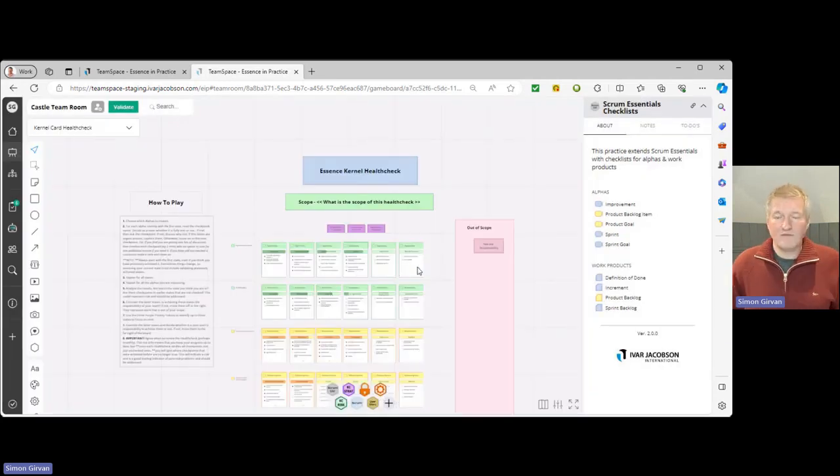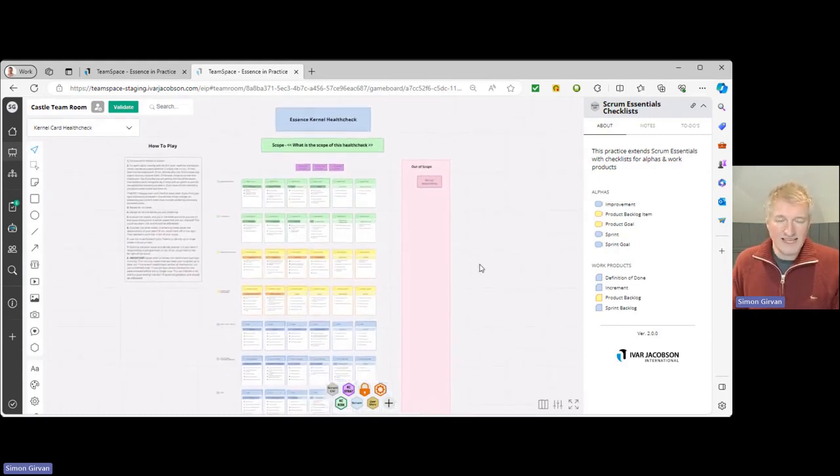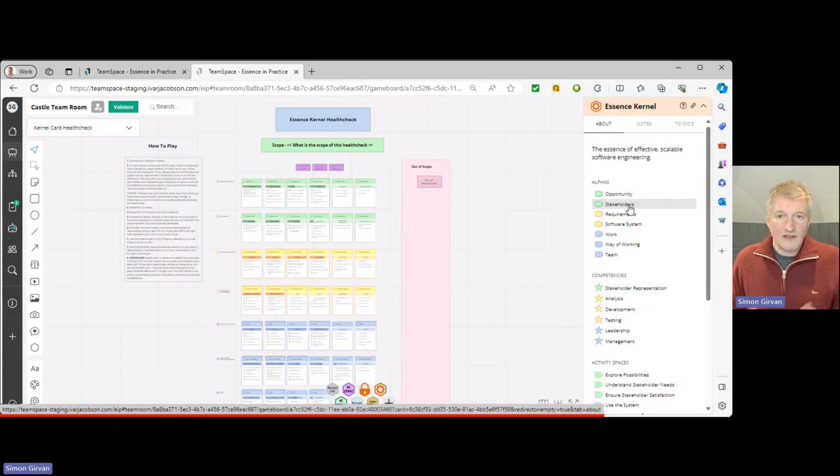Now, if you've watched the Essence introductory videos and you've looked at the one which talks about the Essence standard, you'll probably remember that there's a set of things in the Essence standard called alphas, and part of the Essence kernel, this common ground of Essence. Now we can look at what those alphas are by clicking on the Essence kernel practice down here at the bottom, and we can see there's 7 alphas. The first 2, opportunity and stakeholders, they're all about our customer. The second 2, requirements and software system, well, they're all about our solution. And the final 3, work, way of working, and team, well, they're all about our endeavor, the thing that we're